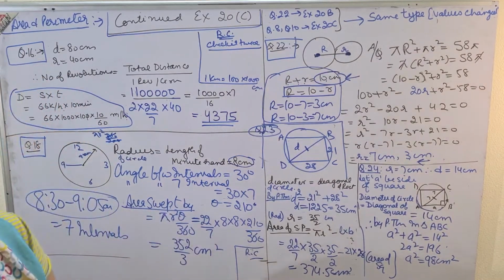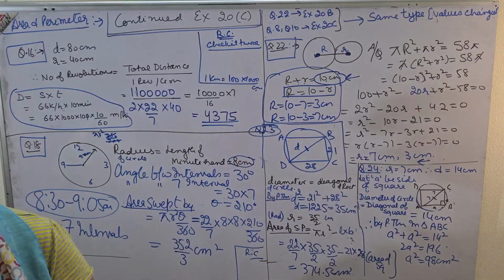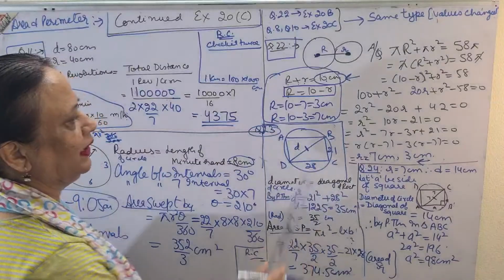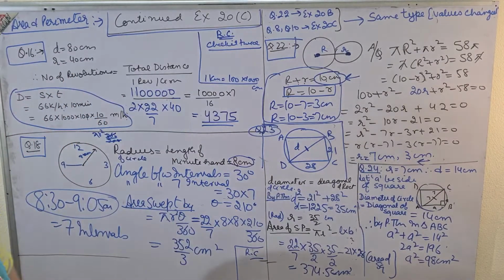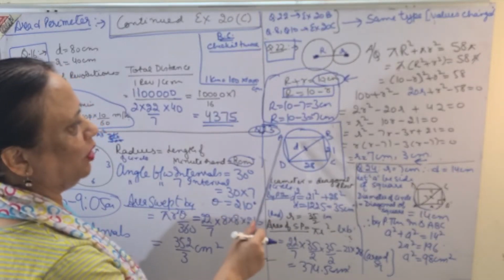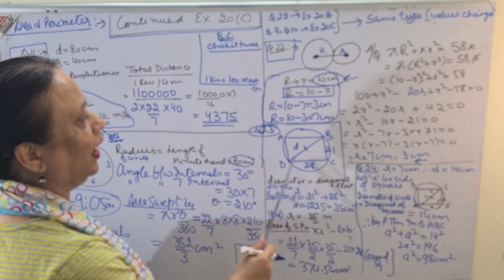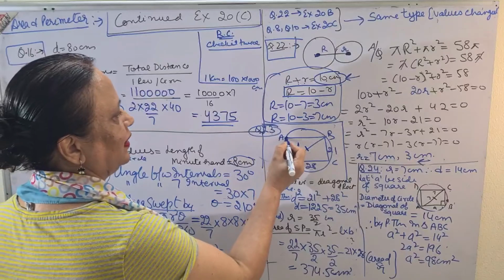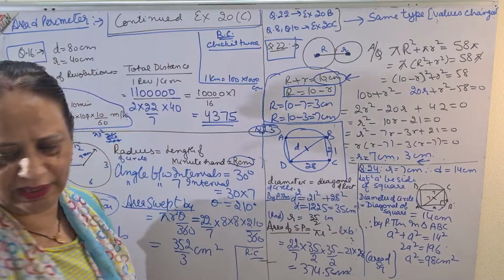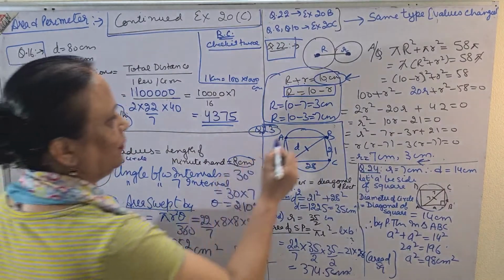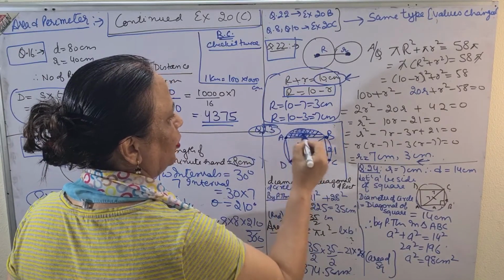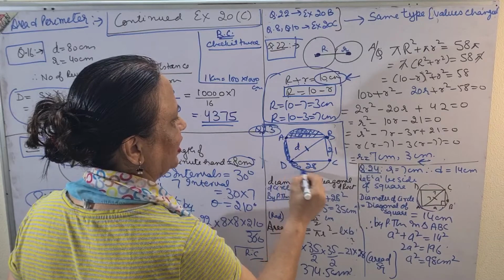Coming to the next question, that is question number 23. The given figure shows a rectangle. So I have made one rectangle ABCD, which has been inscribed. Inscribed means it is inside the circle, in such a way that all the 4 points of the rectangle are lying on the circle. See, they are lying on the circle. Now I have to calculate the area of the shaded portion. So let me shade the portion in front of you so that it is a little more clear to you. So I have to find this shaded portion.